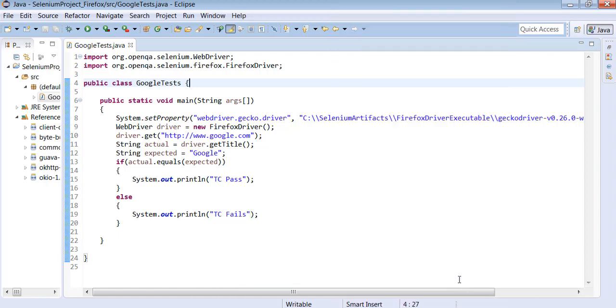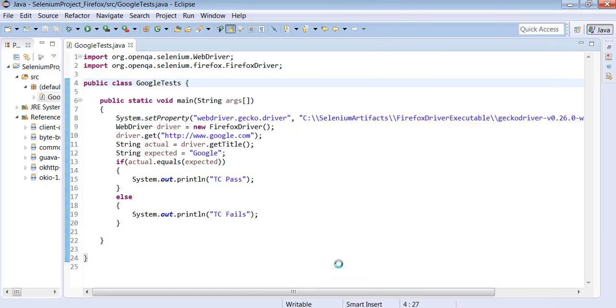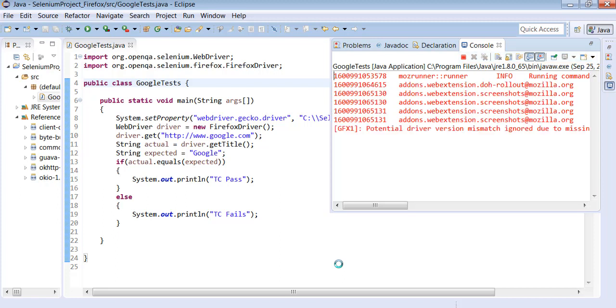Run as, right click on the program, run as Java application. Just wait for a few seconds. We can see the console shows the information that it is connecting to the Firefox browser.